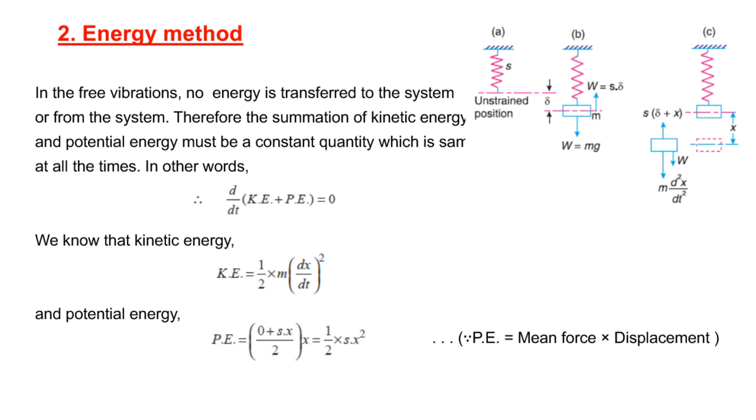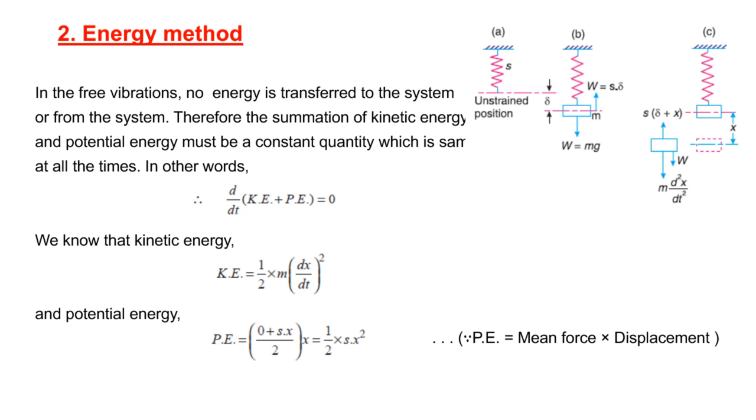Now the same formula we have to derive by another method, that is the energy method. In the energy method, we know that the kinetic energy is due to the motion of the body, and potential energy is with respect to a certain position, which is equal to the amount of work required to move the body from the datum position or mean position. In case of vibration, the datum position is the mean or equilibrium position, at which the potential energy of the body is